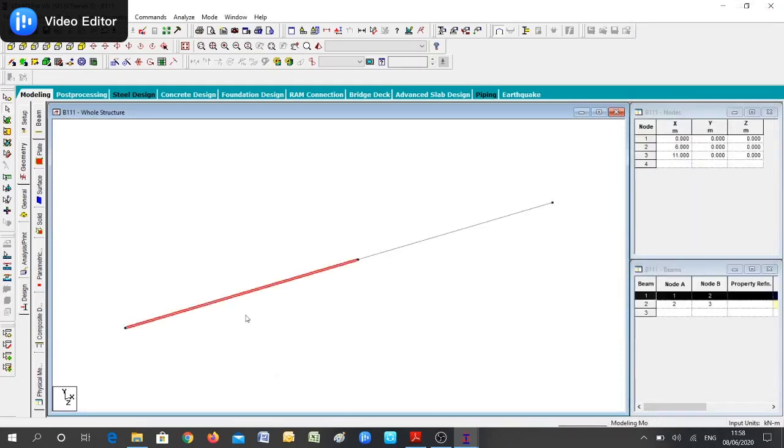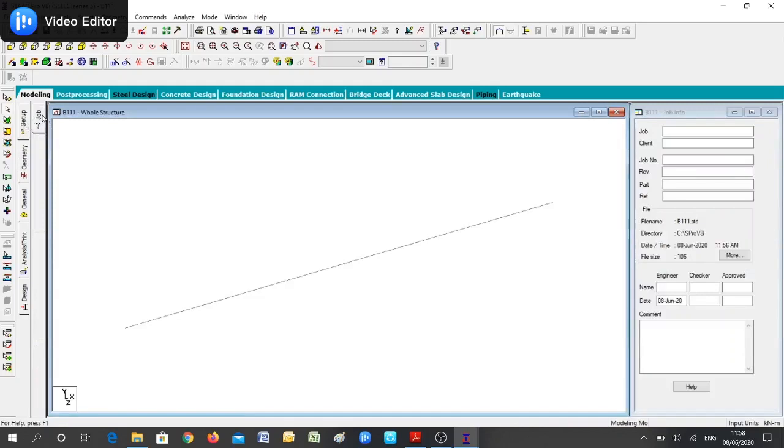Now I've just drawn a beam of 6 meters and again 5 meters here. After that, I have two columns here. This is the first column, and this is the second column. In the first column, the options we have are setup, geometry, general, analysis and design. The second column comes under the first column. For example, if I click on setup, see the second column changes.